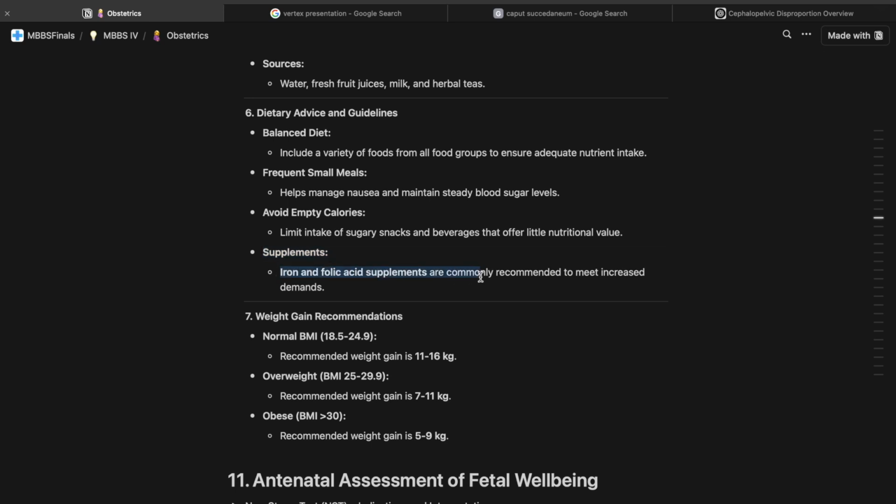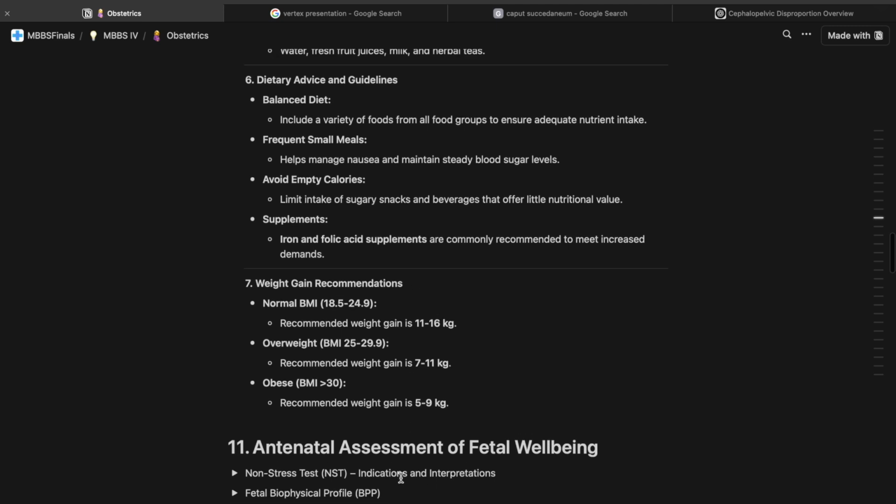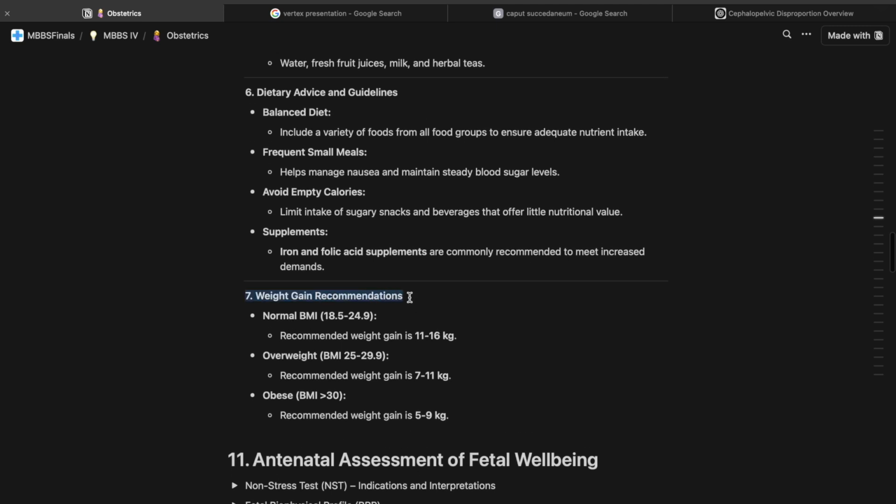Iron and folic acid supplements are commonly recommended to meet increased demands. So this one we know, right? IFA tablets being taken. Weight gain requirements: for normal BMI, 18.5 to 24.9,